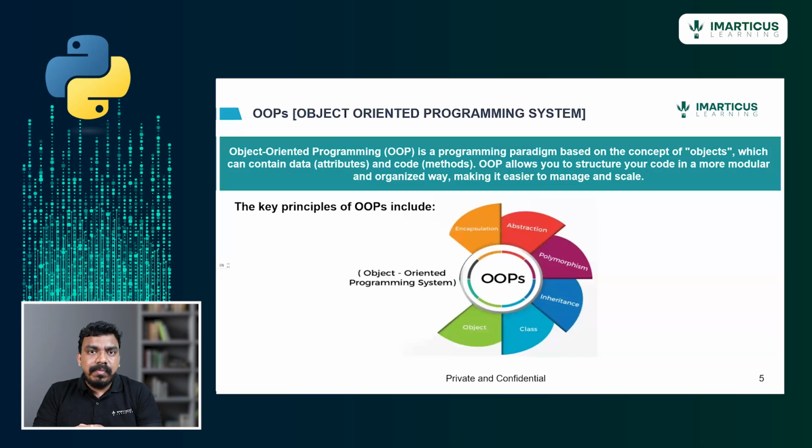So without further ado, we'll dive deeper into object oriented programming. We'll try to understand what is an object, what is a class, and what is polymorphism and abstraction, etc. So what is object oriented programming? Object oriented programming is nothing but a programming paradigm based on the concept of objects, which contain attributes and